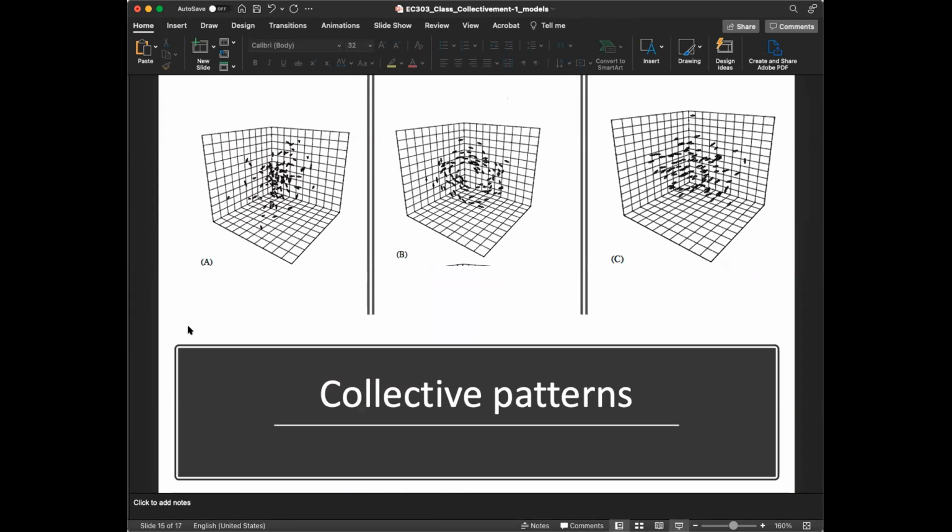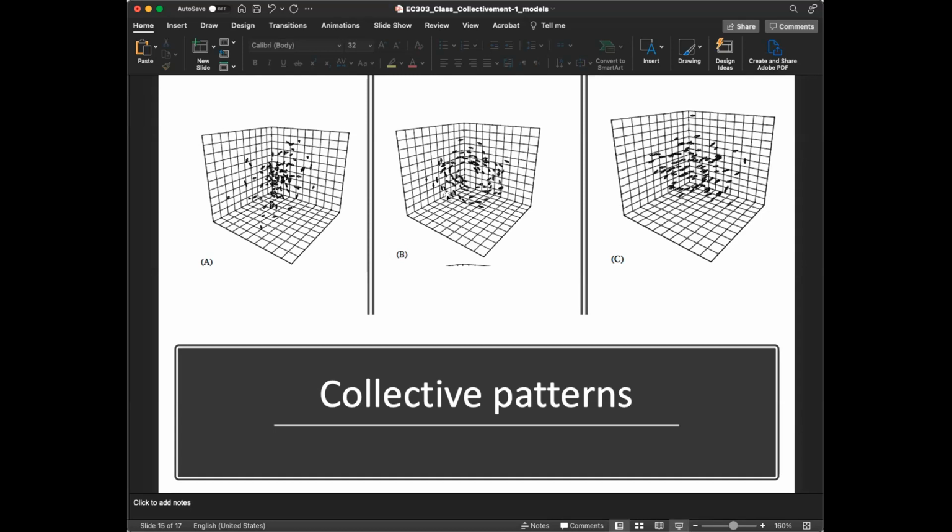And it also produces a bunch of collective patterns. What you are seeing on the left side is just an aggregate, more like a mosquito swarm, because in this picture the attraction parameter is quite dominant in panel A. But if you look at panel C, you can see that they're all grouped and also moving in the same direction. That's because the orientation parameter is very strong in this simulation.